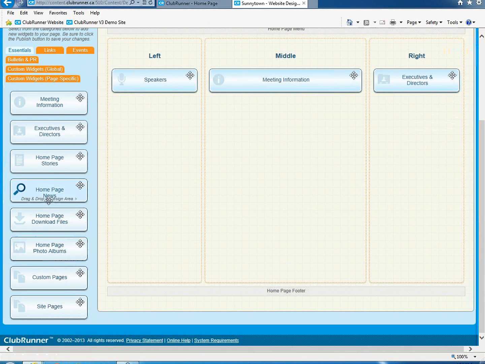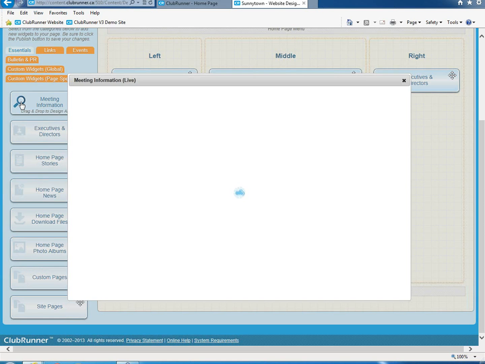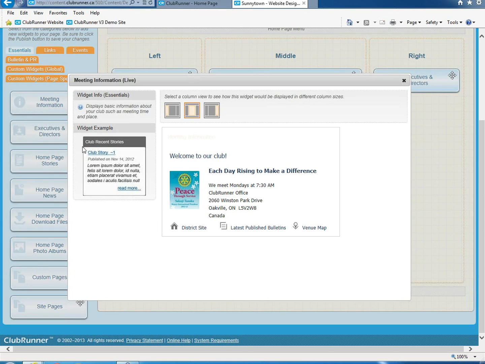group. To actually see what the widget is, you can move your mouse over the widget, and you'll see a little magnifying glass appear. You can click on that magnifying glass to get a preview of what that widget is before you actually move it. So if we give it a quick click, we'll see that this meeting information, this is what it's going to